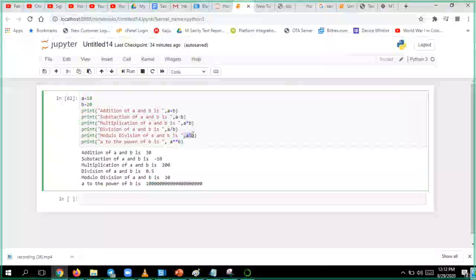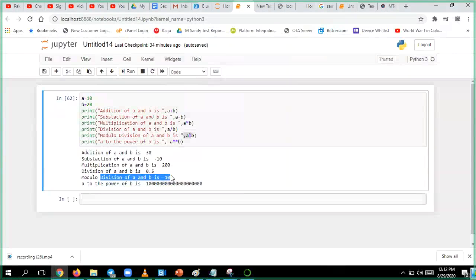A divided by 2, when you have modulo division, you will get the remainder, whichever we have, say 10 by 20. 0.5, so like that you will get the remaining as remainder. Division gives a quotient of 0.5.